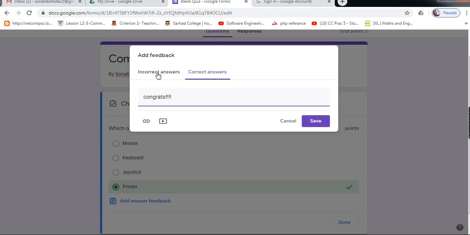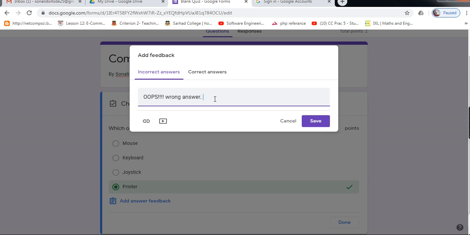If the answer is incorrect, then give a message. Actually this part is optional.